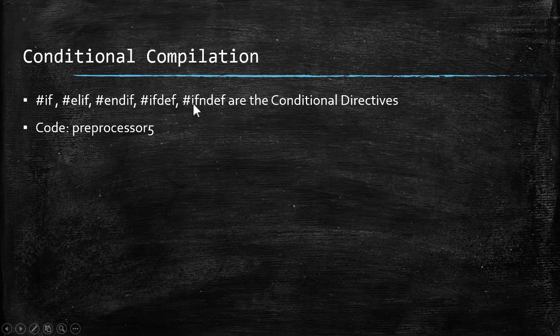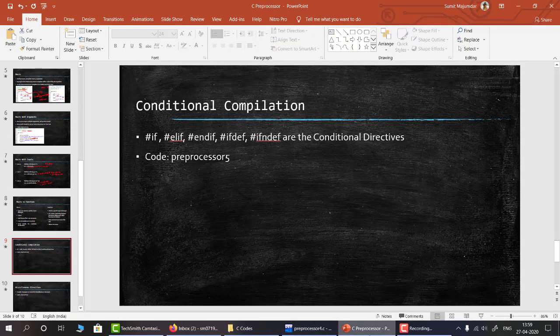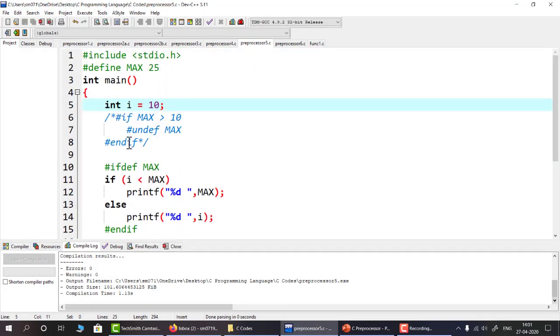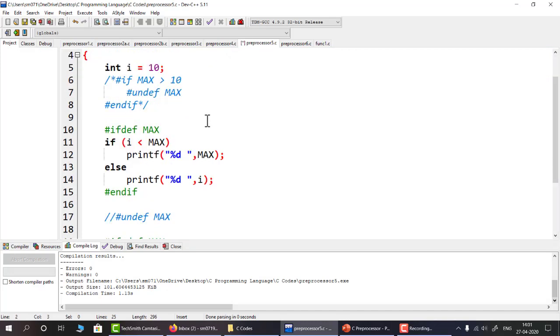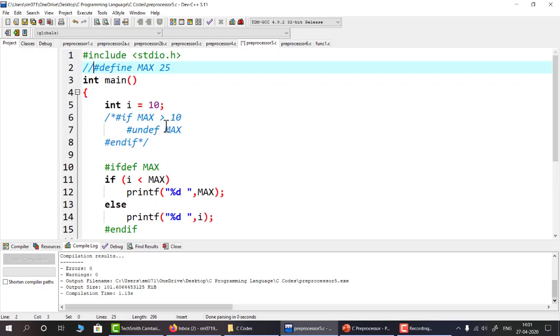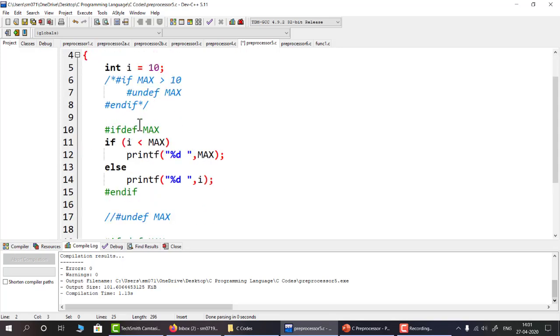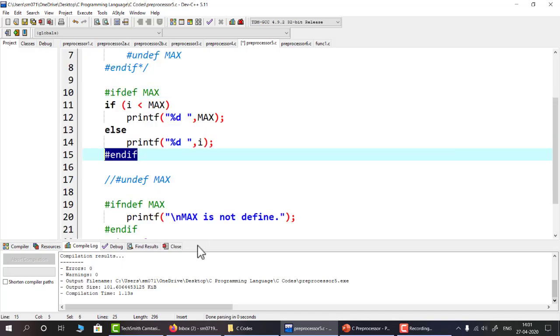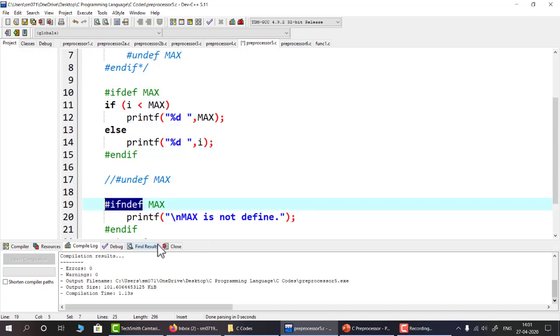So let us see an example of this and explain what output we are getting. So in this part, let me first comment out this line. Here we are using the conditional compilation directives. What directives are we using? #ifdef and #endif. Similarly, #ifndef, then #endif.